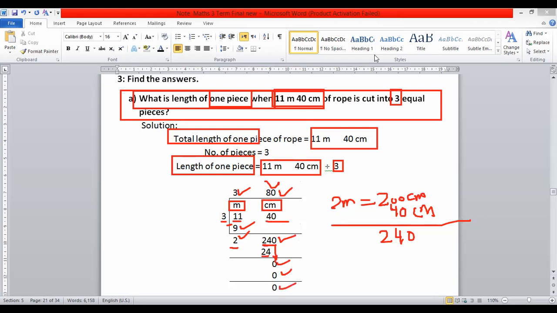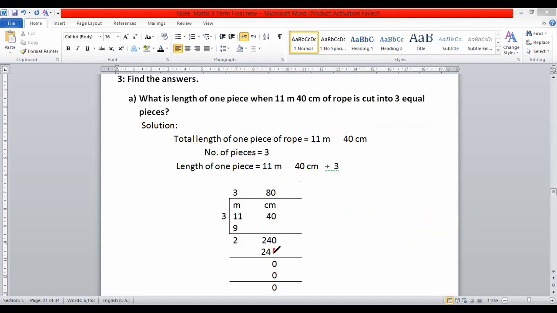Or you can, students, you can write 300 here directly. It's up to you, and no need to write these two zeros after that. But if you want to divide digit by digit, shift 0 down and then divide. Otherwise, 3 8s are 24. When you get 0 here, write 0 here. And after that, 240 minus 240, remainder is 0.